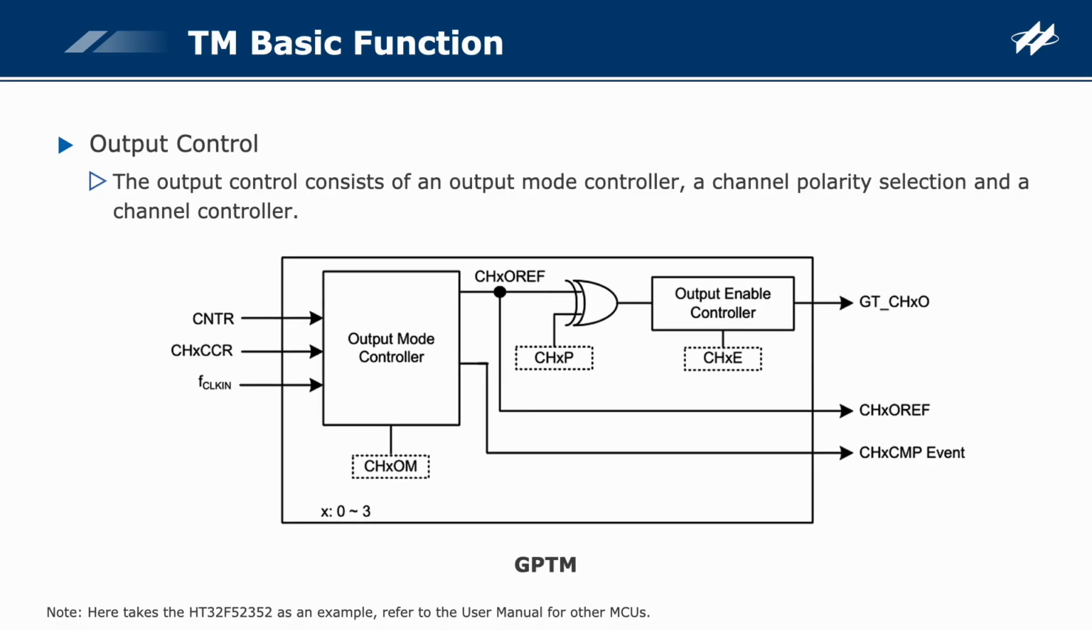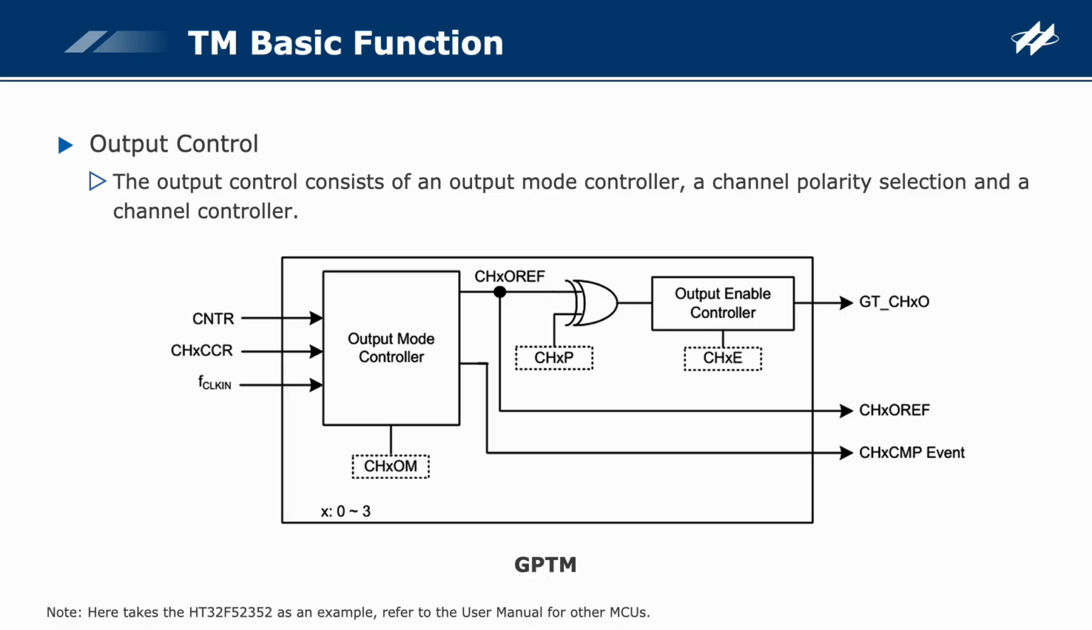We will take the GPTM timer as an example to introduce the output control. The output control consists of an output mode controller, a channel polarity selection and a channel controller. The CHXOM field in the CHXOCFR register define the output reference signal CH0OREF. When the counter value matches the contents of the CHXCCR register, the CHXOREF output can be configured for various